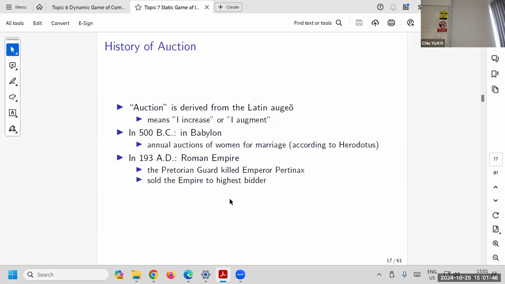The Roman emperor actually got killed by his guard. And the guard, of course, probably could not become the emperor, right? Because they're not smart enough, they just know how to kill. So what they did was auction the throne to people. Whoever promised to give them the most money would get the throne. Of course, the story goes on that the guy who won actually promised too much and couldn't pay. He was killed by the guard again. And of course, people ended this series saying kill all the guard, but that's history.